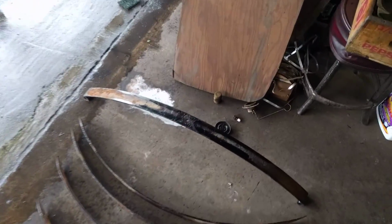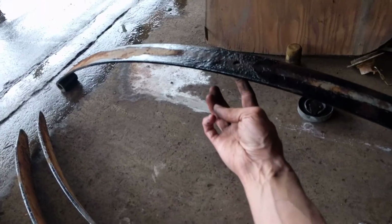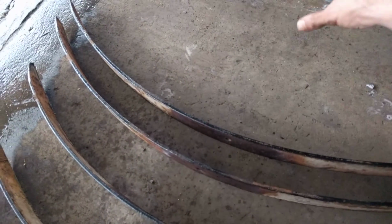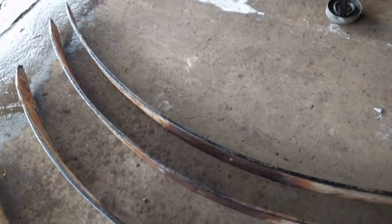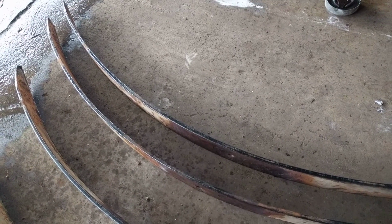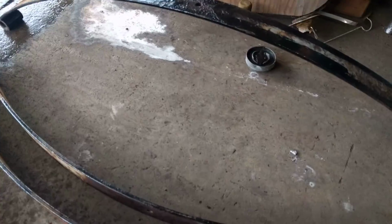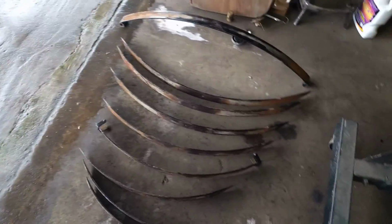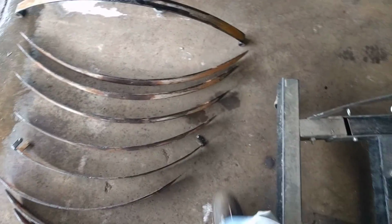What I tried to do is send a punch through the bolt. It was broken off right between the last two leaves, and it just wasn't budging at all. I tried to soak it with some PB Blaster, and it was just too tight. I ended up having to cut the factory clamps off,